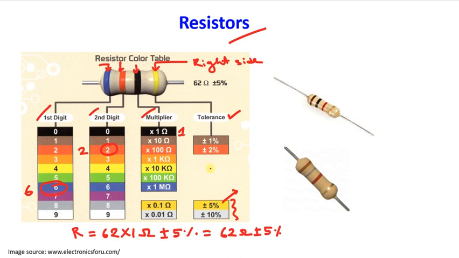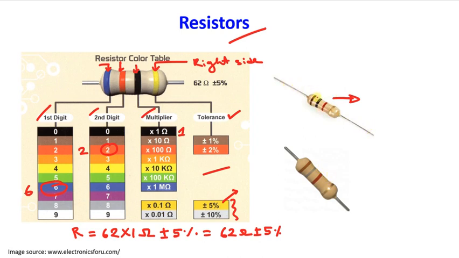So this is easy, and if you have understood this, then please tell me what is the value of resistance for this resistor, read from its color code. So how to do that? First, identify the tolerance, right? Here you can see the tolerance color band is this golden color, so we have to keep it towards the right, and that is fine.